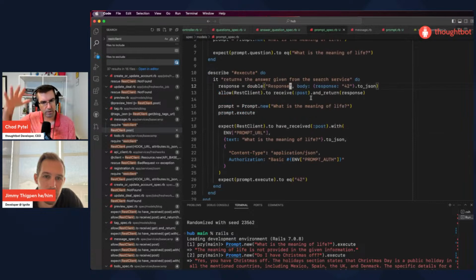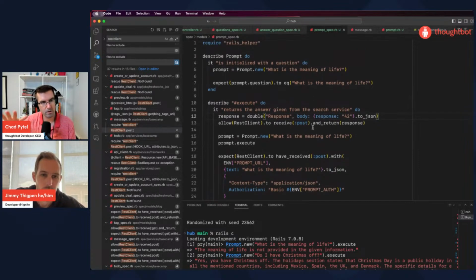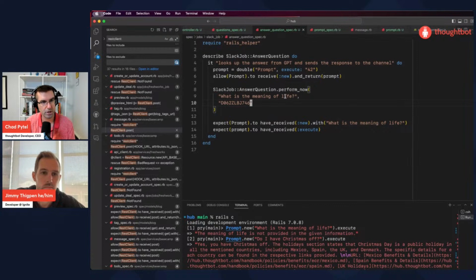Cool. So now we're basically all the way down at the bottom of the system. We just wrote a prompt spec and it's working and it's actually executing questions and returning the answers. I think that's the actual bottom of the system. So we want to go back one level up to our job.